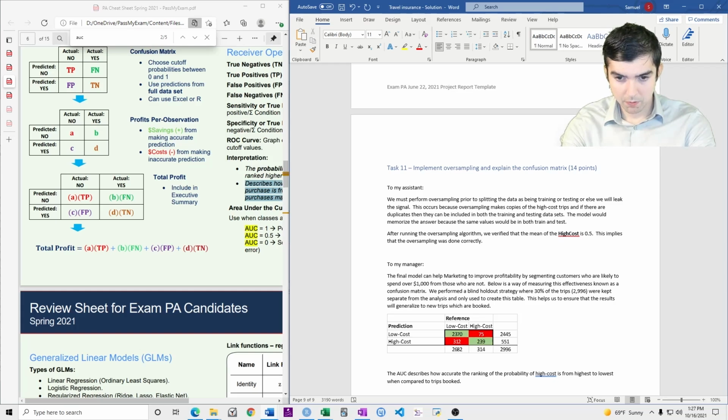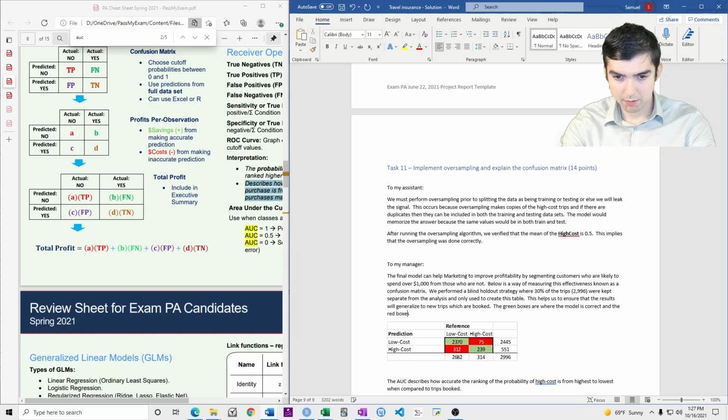So the green boxes are where the model is correct, and the red boxes are where the model is incorrect.